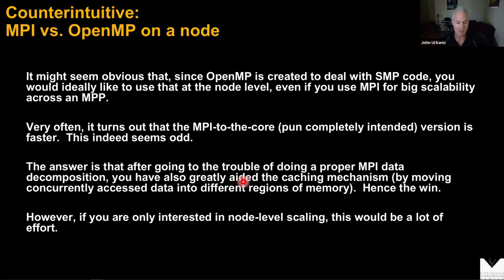However, what surprises people is sometimes when they have a hybrid code like that, they'll turn off the OpenMP part and just run MPI to all of the cores. So you can just forget the hybrid part. We're just going to run MPI across all of the cores instead of using OpenMP on the node and MPI across the nodes. And they find that the performance actually improves, but usually it's marginal. We're talking an effect of a couple percent here. But the very fact that the MPI-to-the-core version runs faster than the hybrid version seems very odd, because isn't the hybrid version using the perfect tool for the job, OpenMP on the node level and MPI across the nodes? And you put the extra effort in, so why isn't that the fastest version?